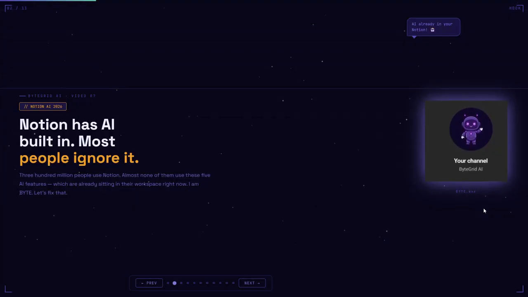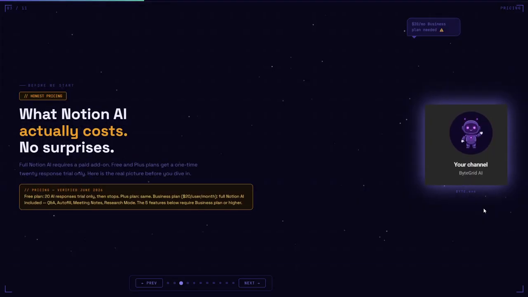But first, the honest pricing picture, because most videos skip this. Notion's free plan and plus plan give you a one-time trial of 20 AI responses. After that, AI stops working entirely. To get full Notion AI, the Q&A feature, Autofill, meeting notes, research mode, you need the business plan. That is $20 per user per month, not free. But if you use Notion seriously for work, the 5 features we are about to cover make it worth every